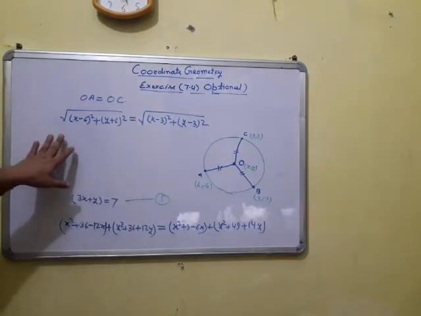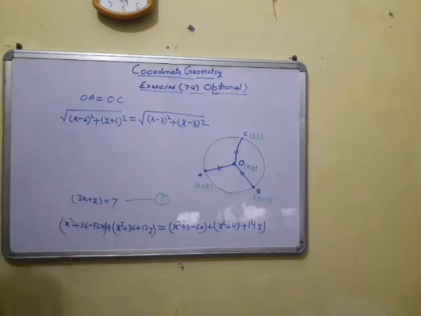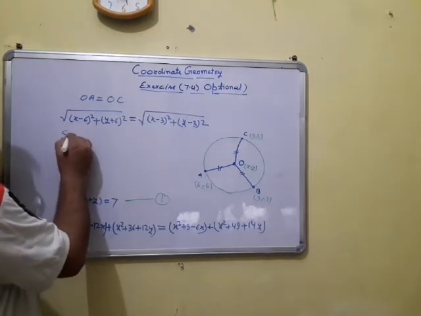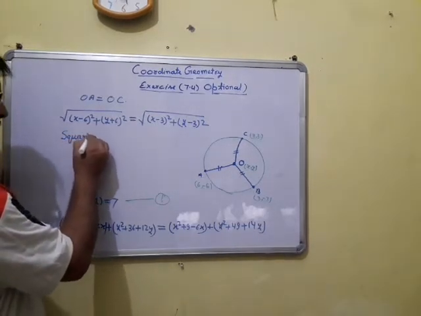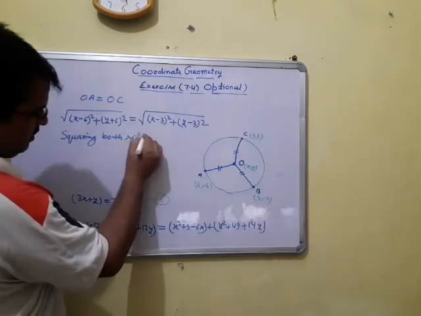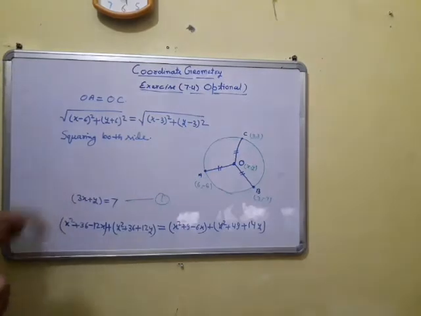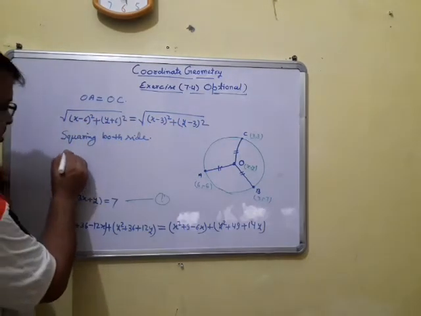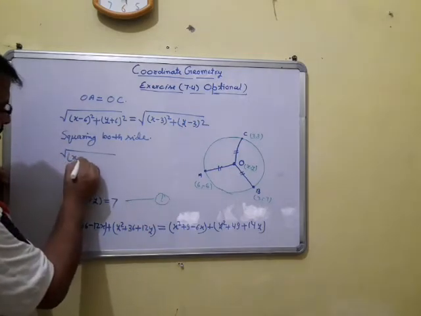This point is clear? Any doubt? No. Squaring both sides. Okay, now here we have to remove the root, so what do we do? Squaring both sides. So this one is squaring both sides, x minus 6